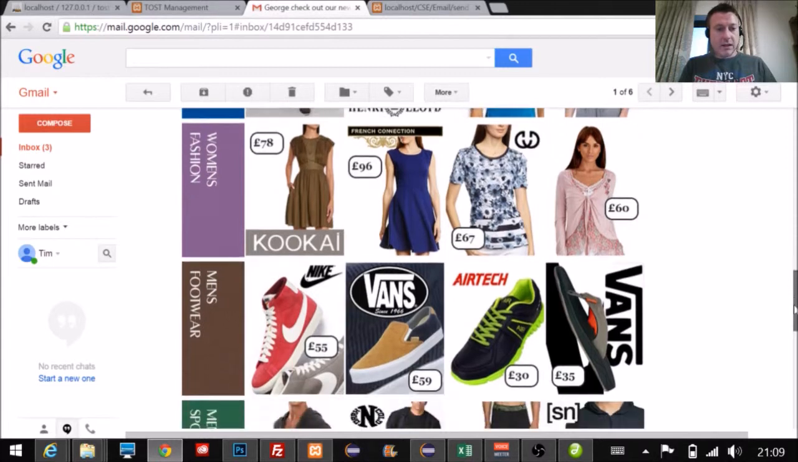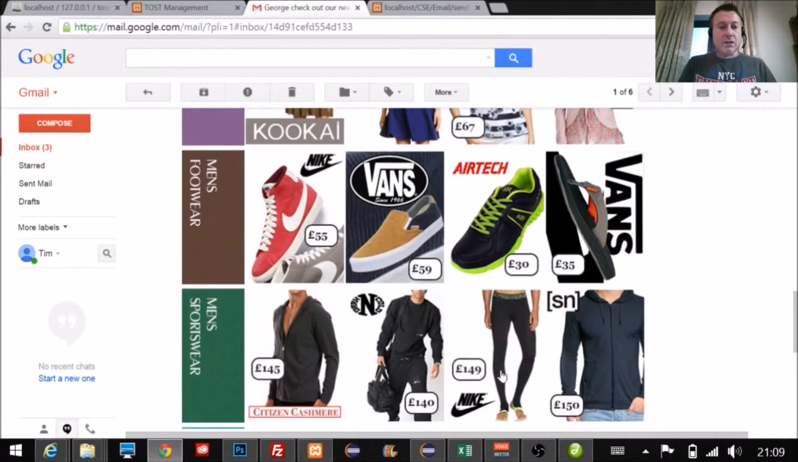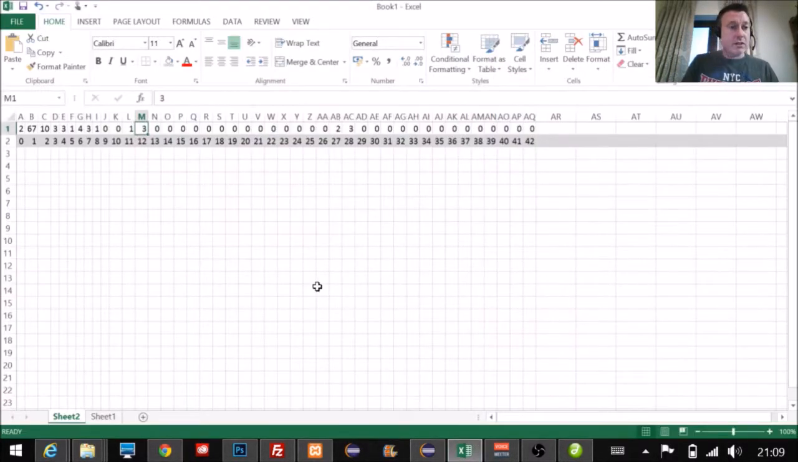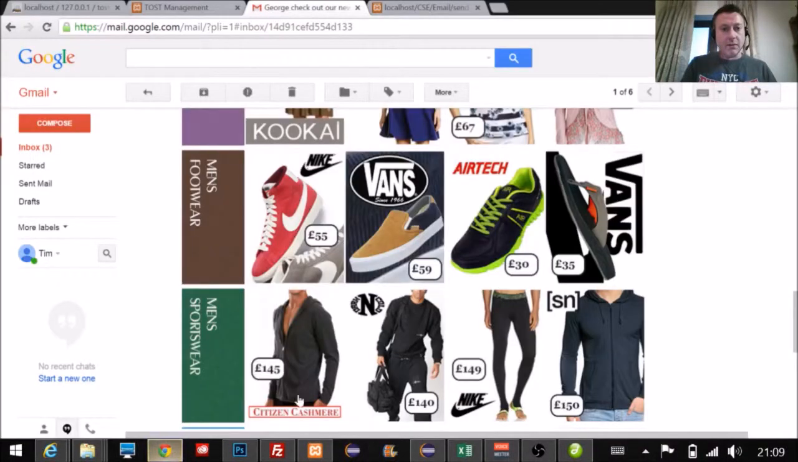If we take a look at the men's footwear, so George Bailey purchased, now his footwear is back here, so he made 1 purchase, and that was at SKU banding 4. So SKU banding 4 is from £30 to £59.99. And if we go and have a look, here we go. All of these prices, all of these products, they sit within that SKU banding 4, 55, 59, 30, 35. Okay. For the sportswear,